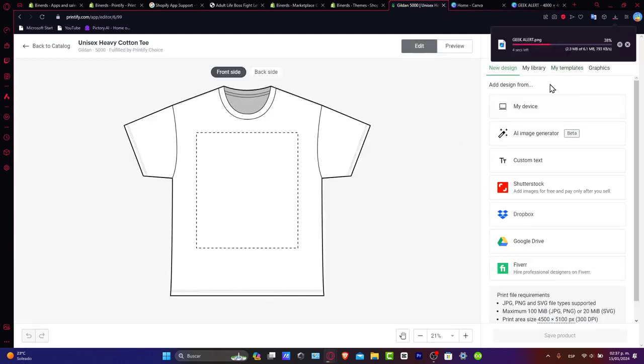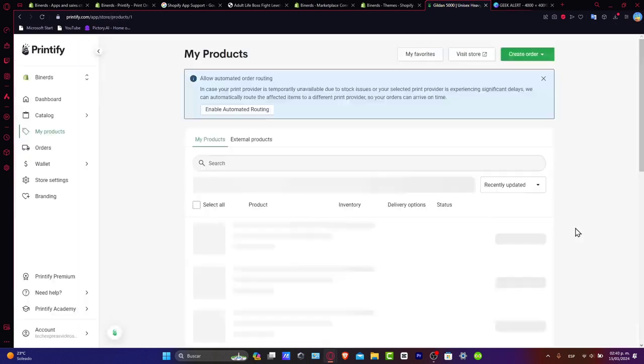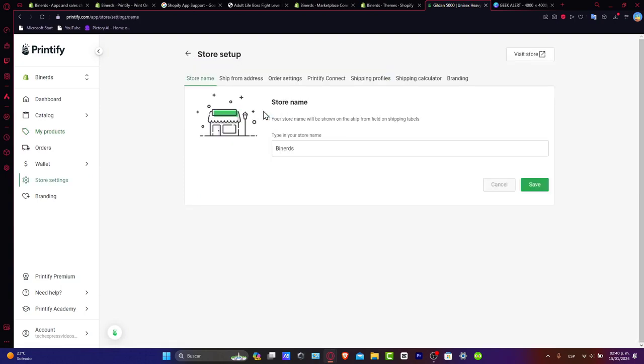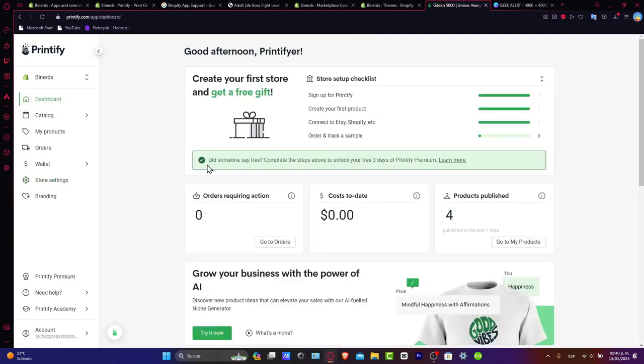Import your design. What I can totally suggest is to add a design that is a PNG file with an actual transparent background, so you can make this much easier. And in my case, I just did the actual adding directly and publishing to my store. Now, as you should see here, I'm going to hit save. I'm going to go back, and as you should see here inside my dashboard of this product,